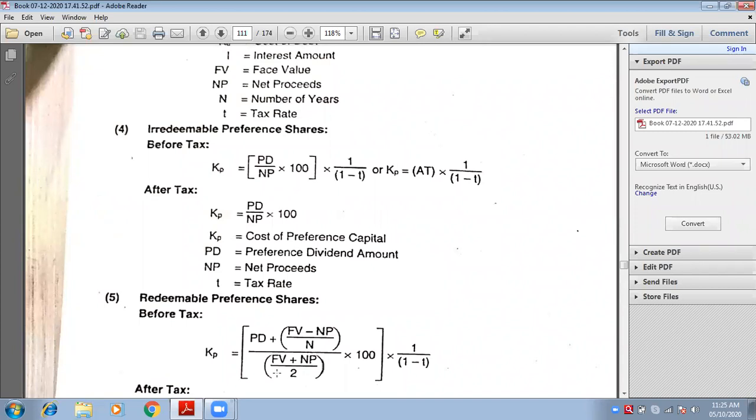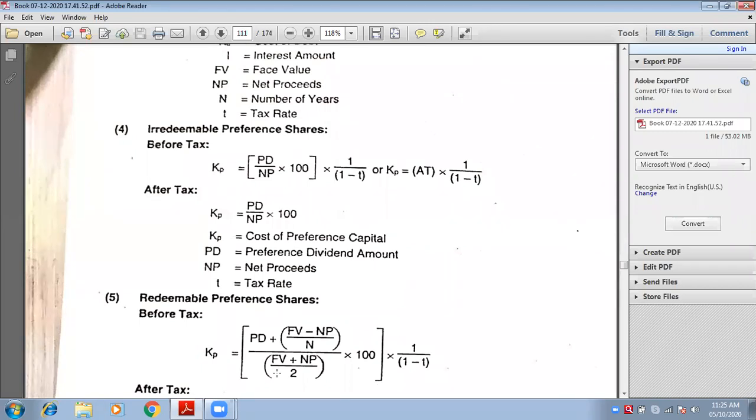The company has already paid tax, no? Why will shareholders pay tax again? Because company has paid tax from the profits of the company. From the profit that is earned by the company, tax is paid to the government. Now the leftover profit is distributed to the shareholders. So why will shareholders pay tax?